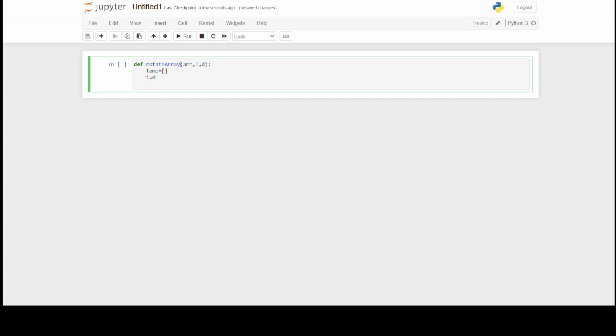Now use this counter variable in a while loop for copying all the elements before d elements into the temporary array.